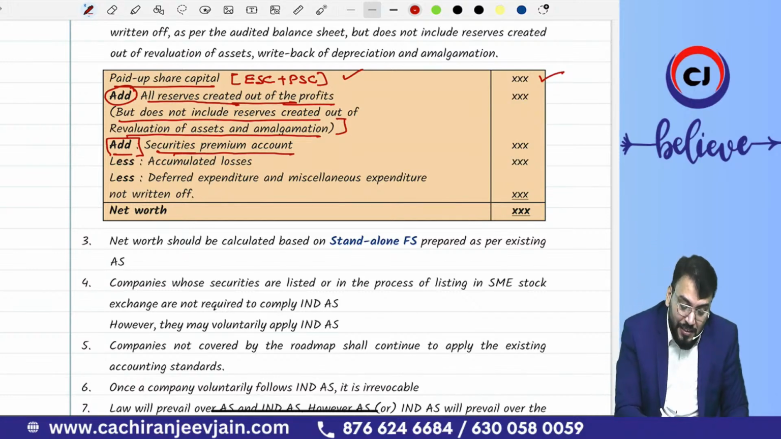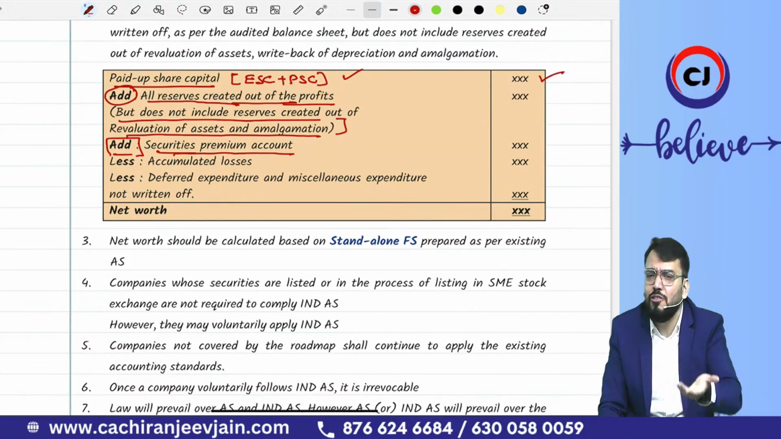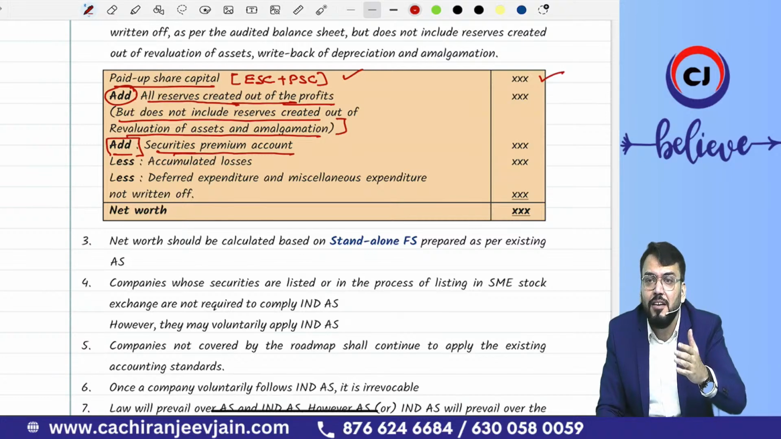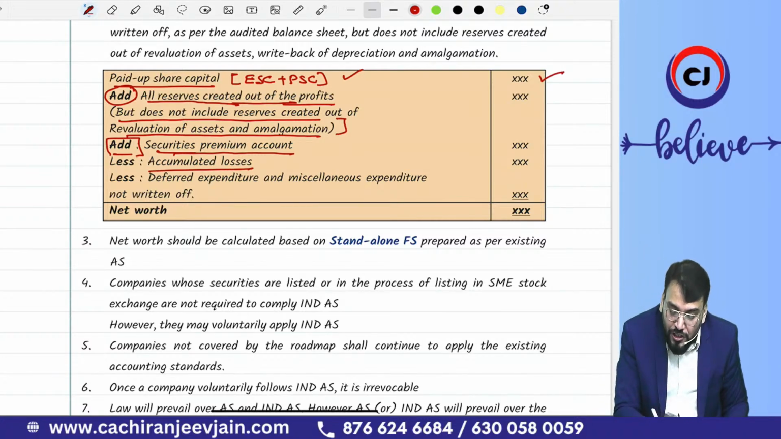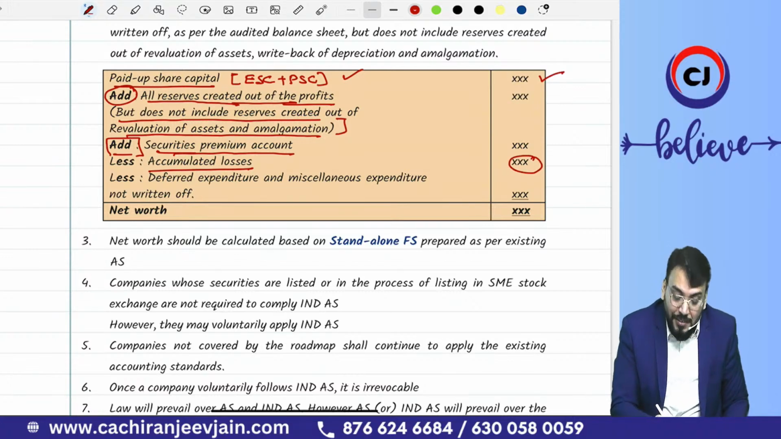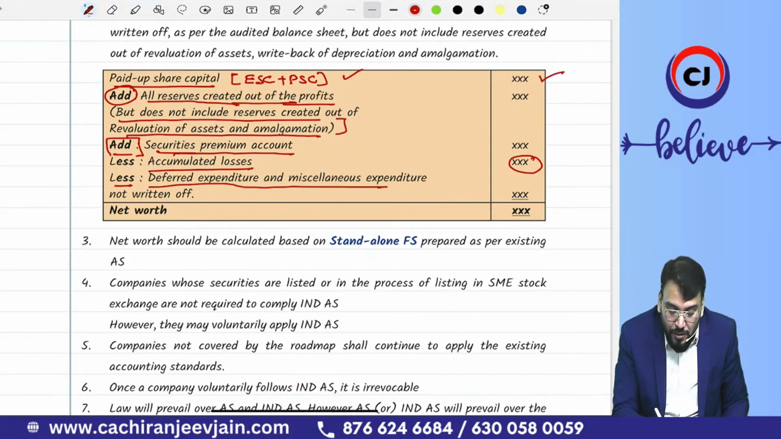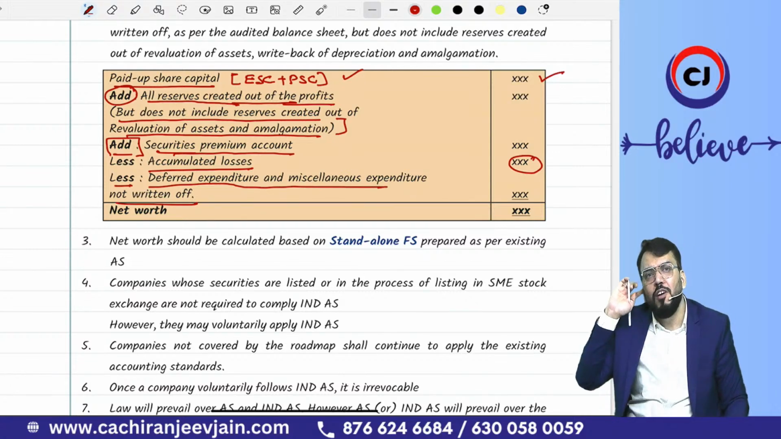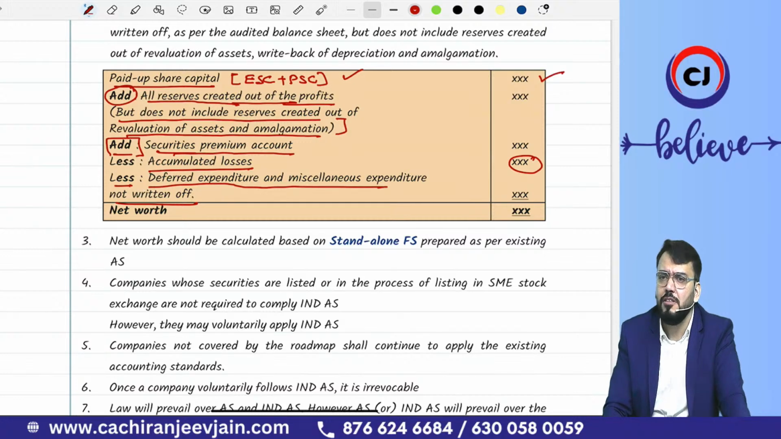Yes, sir. Then, of course, when you are adding reserves and surplus, any accumulated losses should be deducted. So all the accumulated losses will be deducted. Correct. Plus any deferred revenue expenditure or miscellaneous expenditure which are not yet written off. What do you mean by deferred revenue expenditure? Deferred revenue expenditure means postponement of